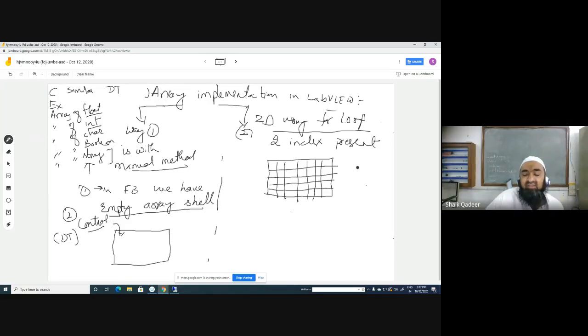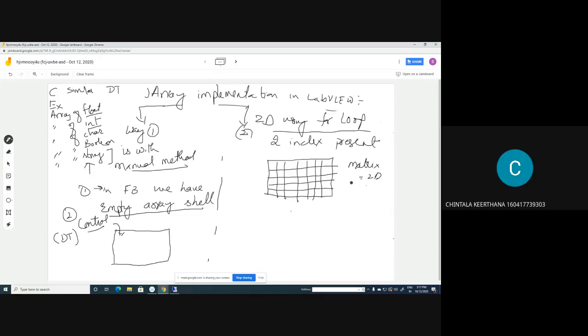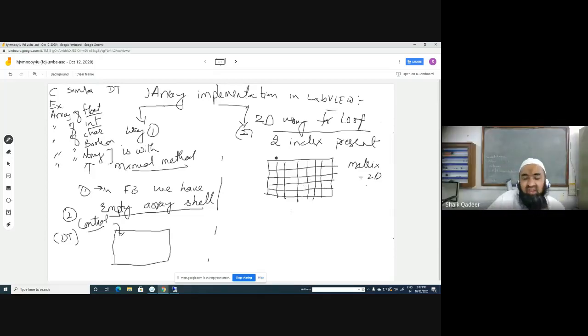What do you mean by matrix? What is matrix? It is a two-dimensional array. Everybody knows that a matrix has two indexes, right? One is the column index, and the other is the row index. Which matrix is this?